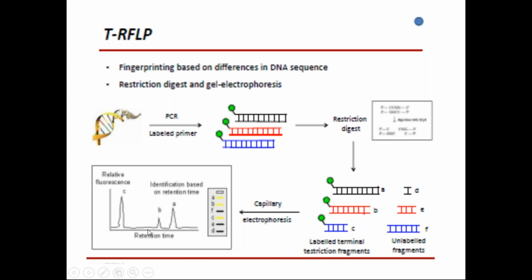On the basis of this result we can identify that there are 3 different types of bacteria present in a given sample. If the same type of result, the same peak pattern, is observed in another suspected sample, it indicates that both the suspected sample and the sample collected from the crime scene have the same type of microbial diversity. On the basis of this we can identify whether that person is linked with that particular location or particular crime scene.